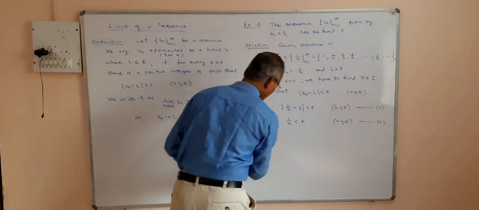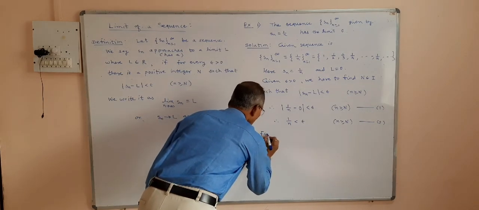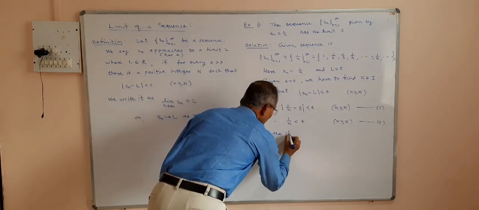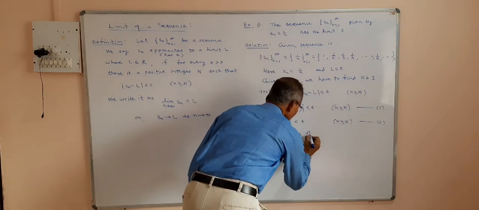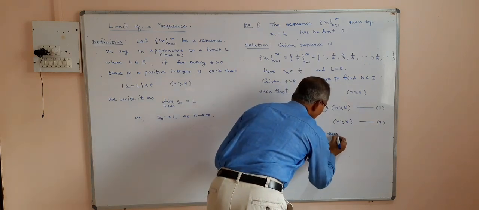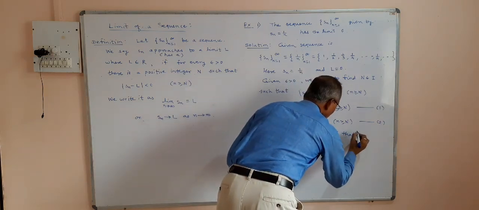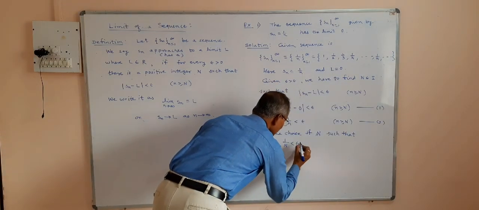Now for n equal to capital N, for the choice of capital N such that 1 by capital N is less than epsilon, then